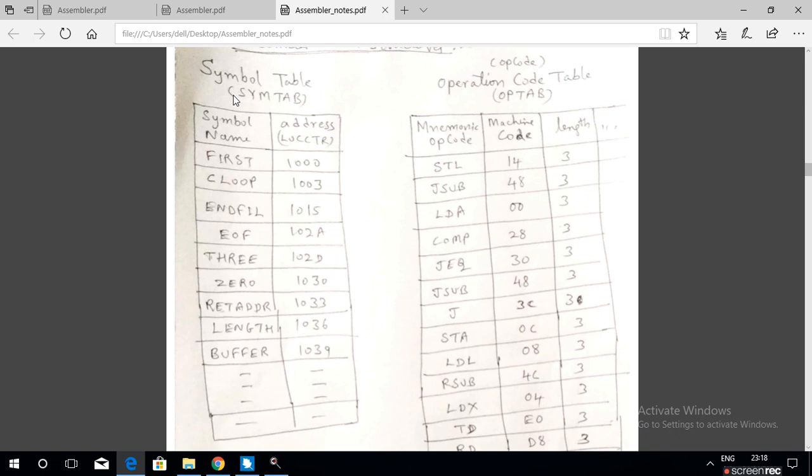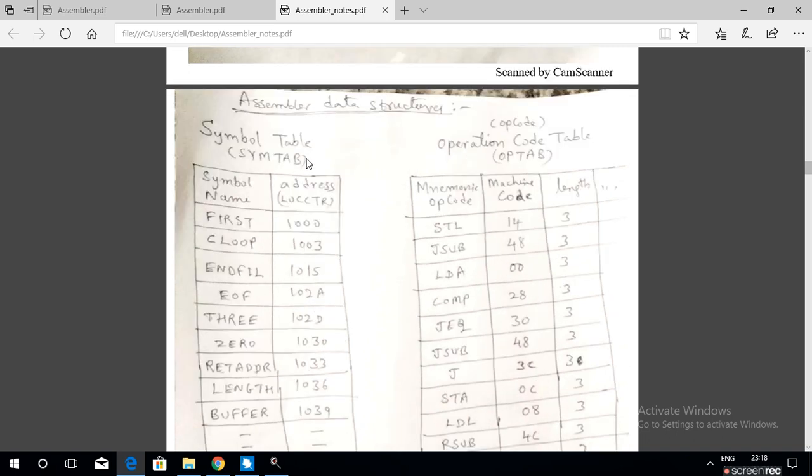One is the symbol table. So this is the symbol table. The symbol table is a data structure that is created during pass 1 of an assembler. It contains all the symbols that are present in the program.